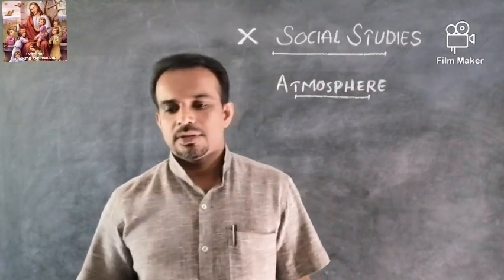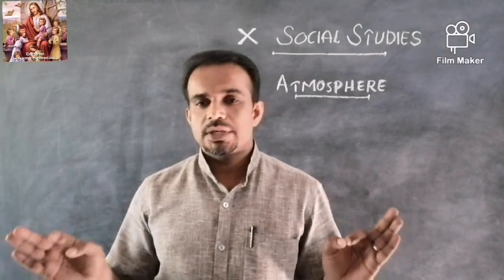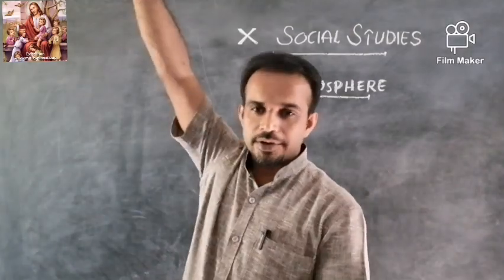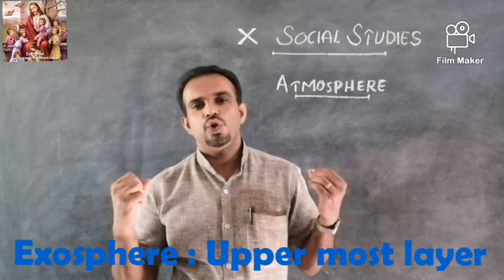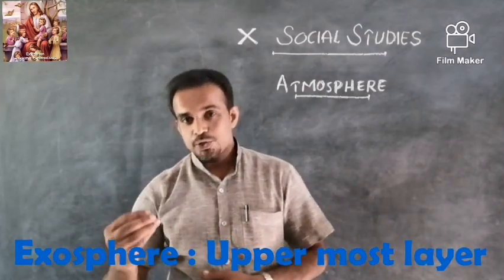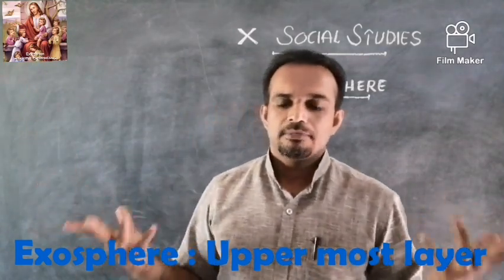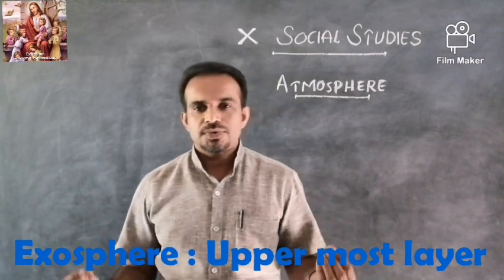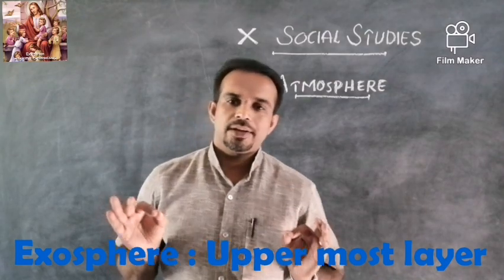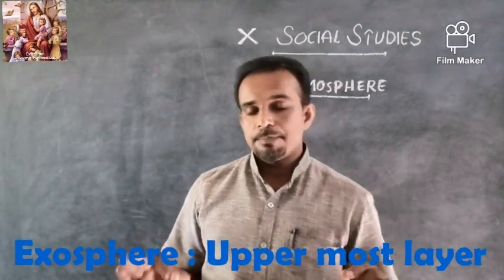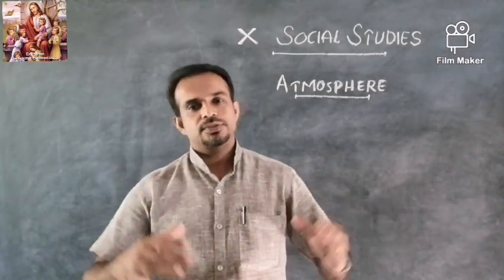And the last, that is the exosphere, the last layer. It is the uppermost layer, more than 400 kilometers. So naturally we can expect that we don't know much about that layer. We are assuming that there is a layer called the exosphere, only that much. The scientists are blank about the chemical composition of the exosphere. So the only explanation we can give is that this is the uppermost layer. So, that's all about the layers of the atmosphere or the structure of the atmosphere.